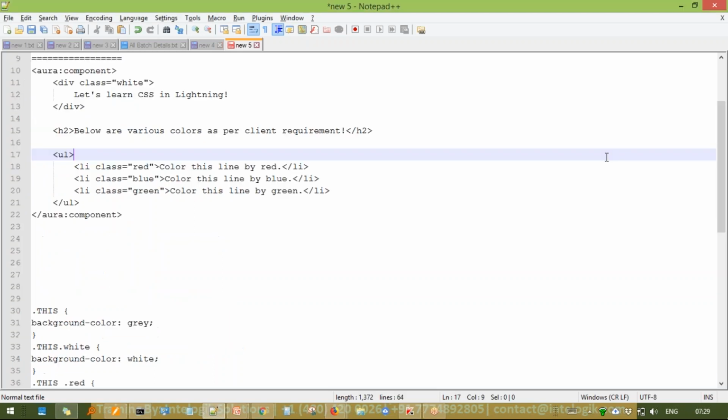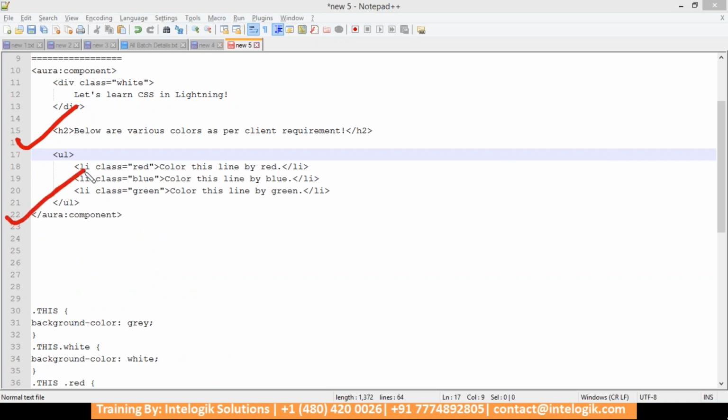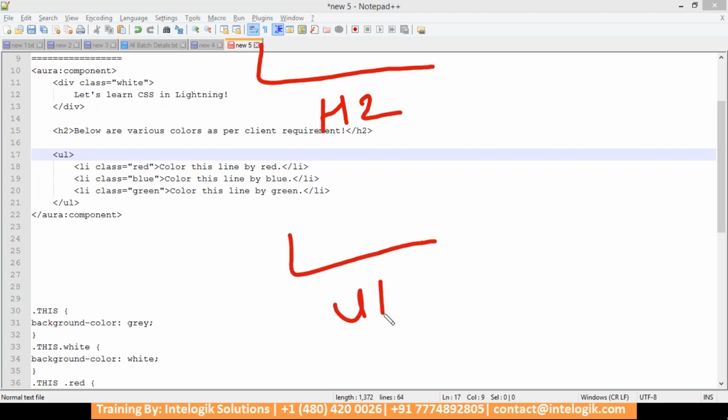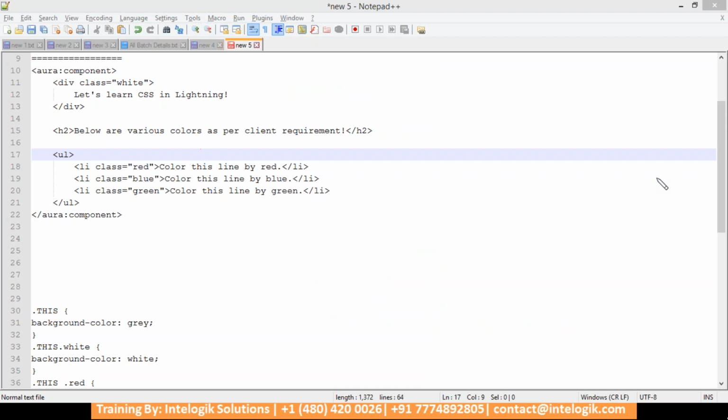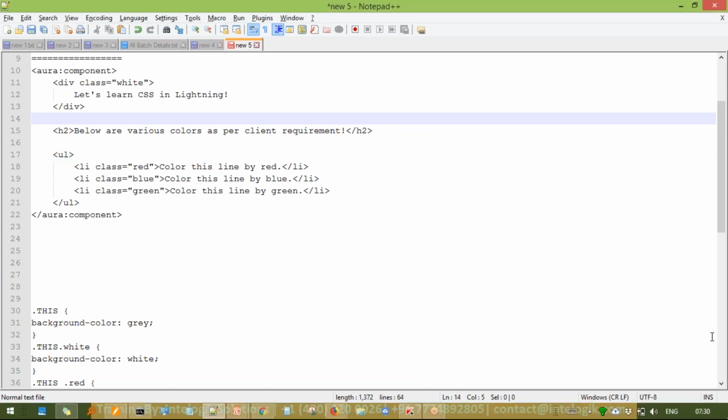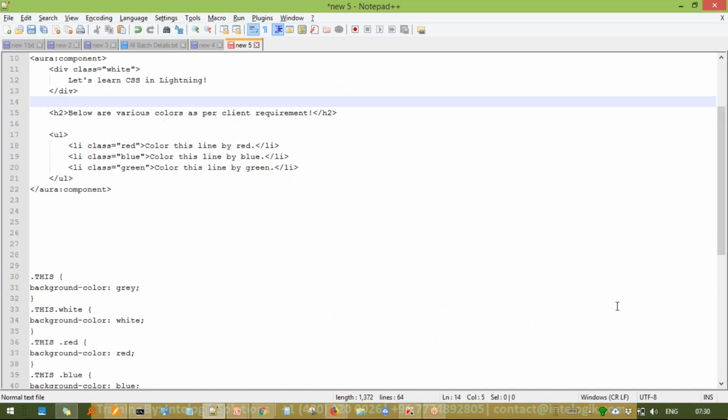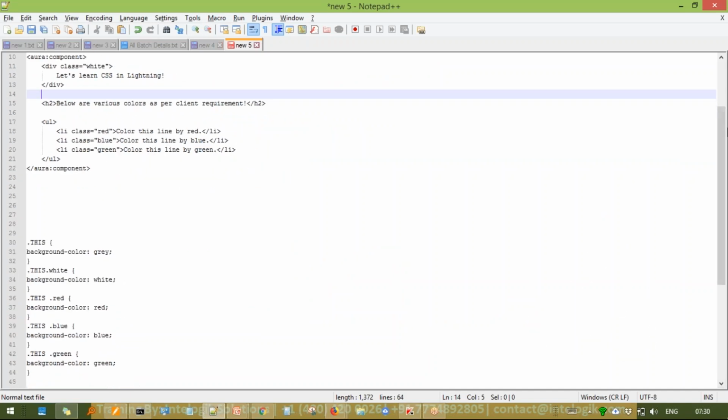The top level elements here are h2 and ul. Okay, so in terms of this hierarchy, inside that we have li. So it's something like this. First of all, we have h2, we have ul, inside that ul we have li. So these are the top level elements and these are the descendants, right? So just understand this and then try to focus on the code below. It will be very easy for you to understand what's happening. Okay, now see,